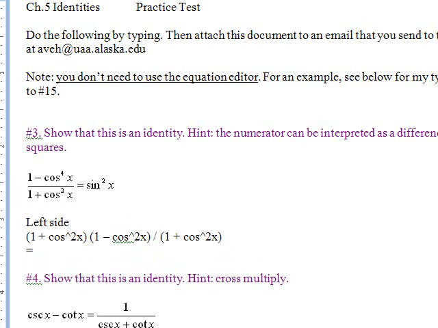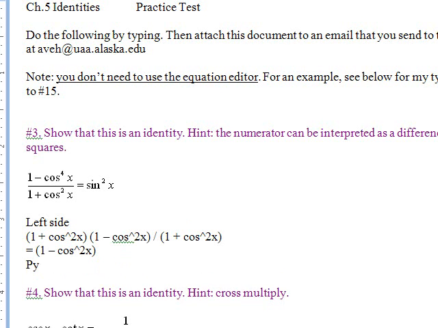Okay, and that was difference of squares, and then I recognize that this one here divides with this one, so that one is the answer on the left hand side, and I see that that is sine squared because that is the Pythagorean, or one of the Pythagorean identities,